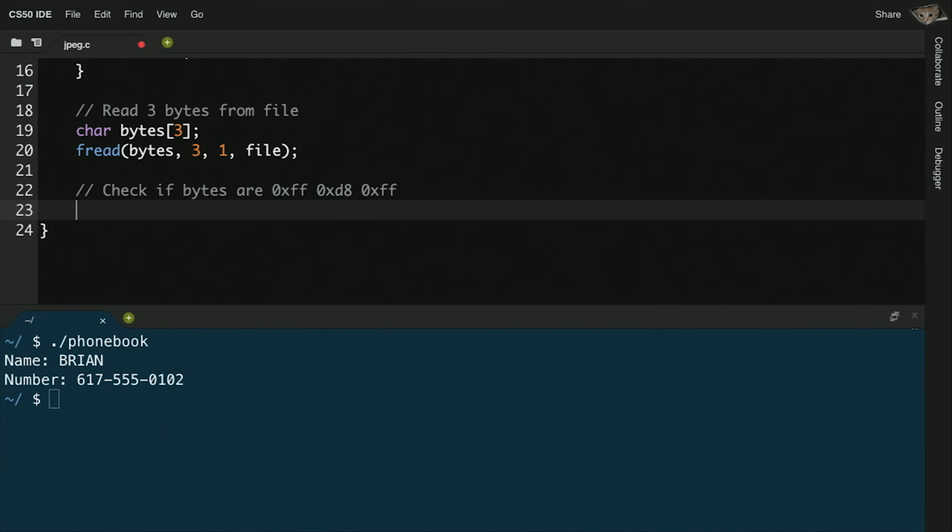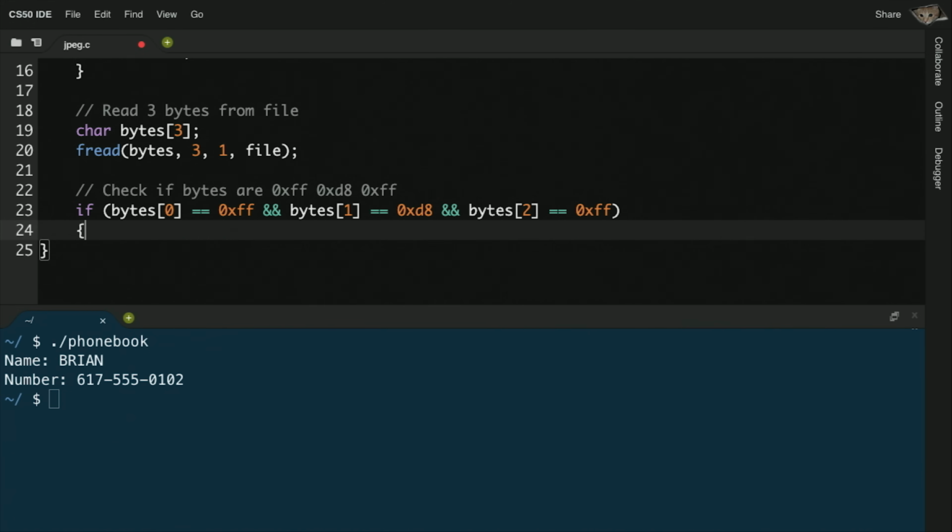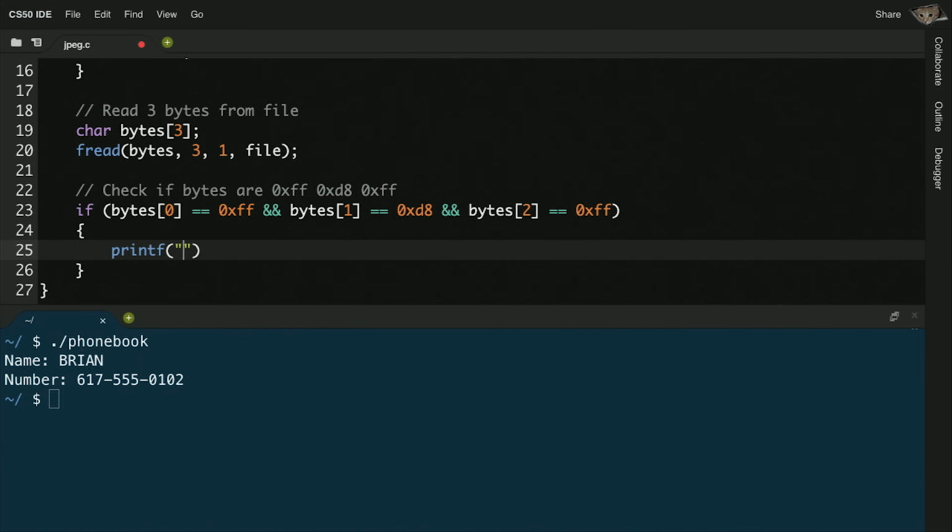So how do I do this? It's actually pretty simple. If bytes[0] equals 0xff, I can literally type hexadecimal in C, and bytes[1] equals 0xd8, and bytes[2] equals 0xff, then it turns out it's probably a JPEG.